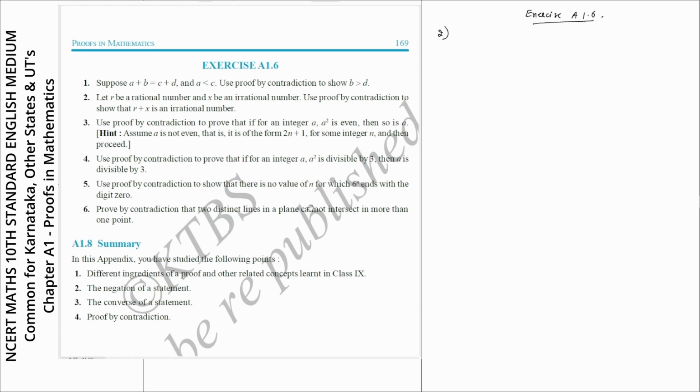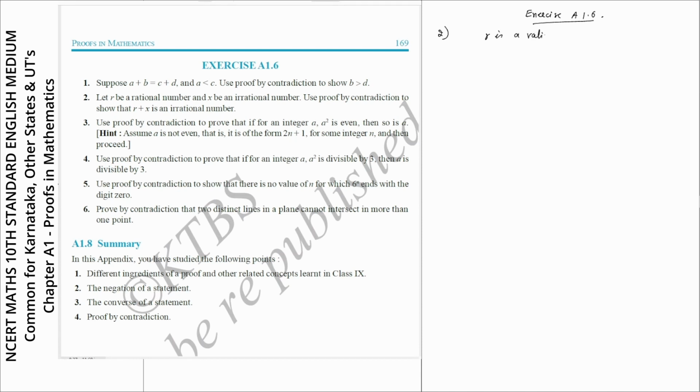Exercise A 1.6, question number 2. Let R be a rational number and X be an irrational number. Use proof by contradiction to show that R plus X is an irrational number. Many similar problems like this are there in the chapter Real Numbers. You can go through that chapter. Now here